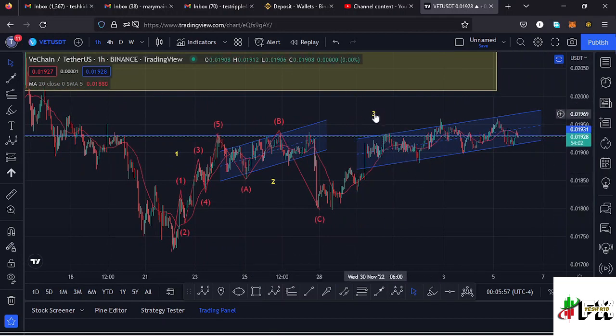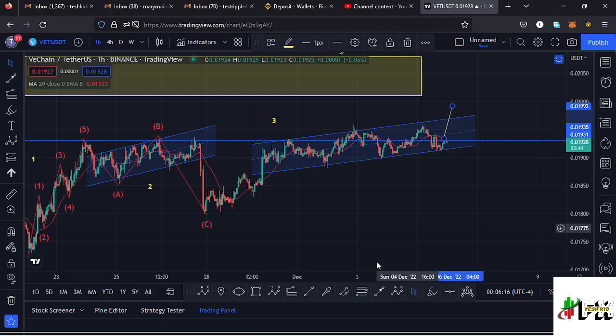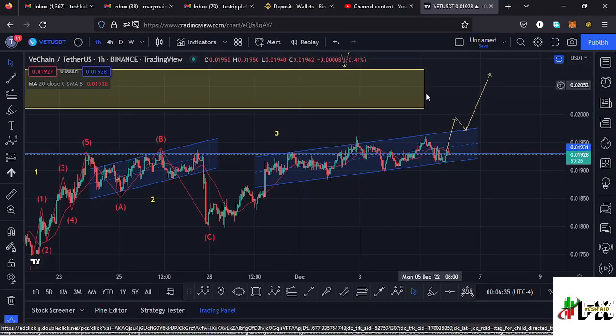And before I get to the scenarios that I expect to play out using the Elliott wave structures, you can see we have been trading within this channel. And at the moment you can see we had touched the lower side of the channel, and we are seeing a very nice bounce to the upper side of the channel. And there are chances that we might be able to break out of the channel to the upper side, and in case that happens I will expect to see maybe a retest of the upper side of the channel. And once the retest is in and a success, then I expect Vechain to continue pushing even higher, manage to break above the key area of resistance at around the $0.02 mark.